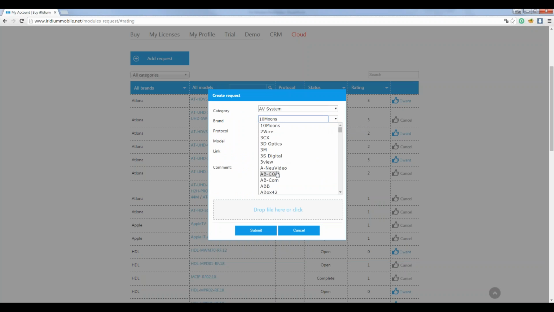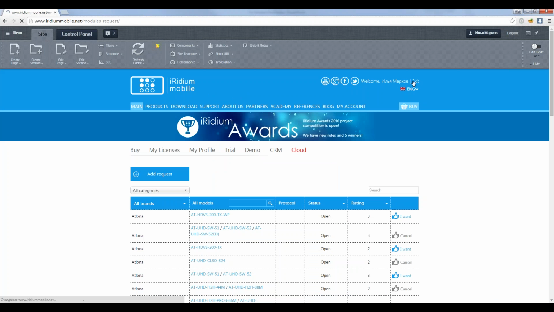The brand is, for example, this, or I can add a new brand. The protocol will be IP. Here I should write the module, the models, write the link, some comments, and here I can drop some files, for example, the protocol or other information for my device. Okay, let's exit.